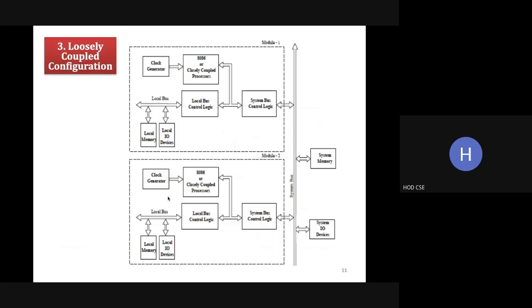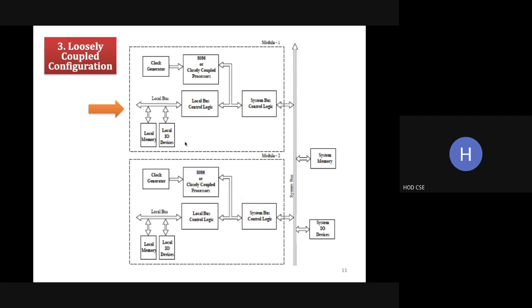And here the third one is the loosely coupled configuration. So the first one is the multiprocessor configuration, which is a co-processor. The second one is closely coupled, that is where the IO processor is involved. And the third one is the loosely coupled configuration. So here we can have different modules. See, this is one module, and this is another module. So like this, in the loosely coupled configuration, we can add more number of modules. Modules means, for example, one part of an application can be added with this. So more number of applications can be combined together in the loosely coupled configuration.